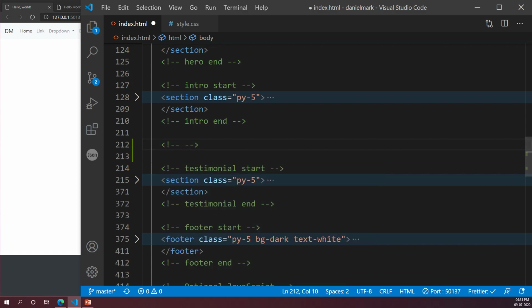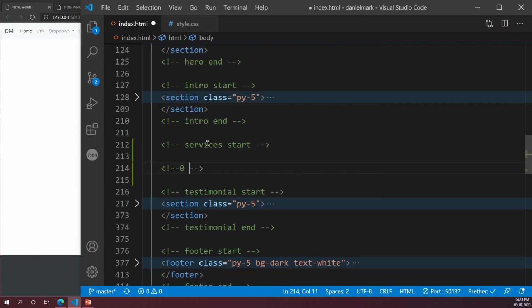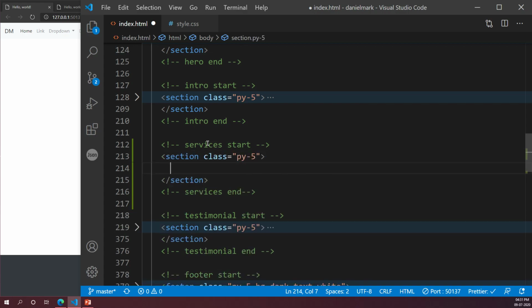We're going to do something, I don't know what to even call it. Let's say services. Yeah, let's say services, okay? Services section, and we're going to finish services, right? And create a section and give this section 5 units of horizontal padding, right? Once you do that, let me know.